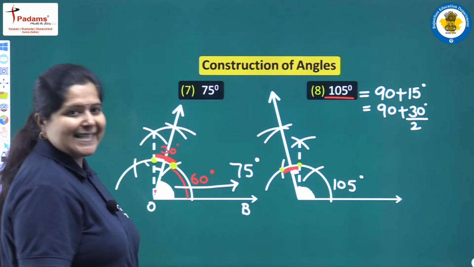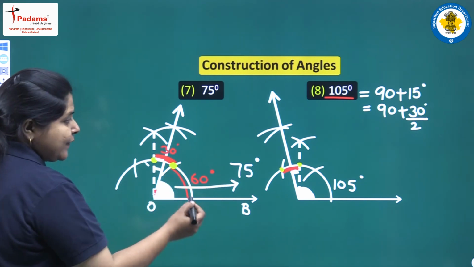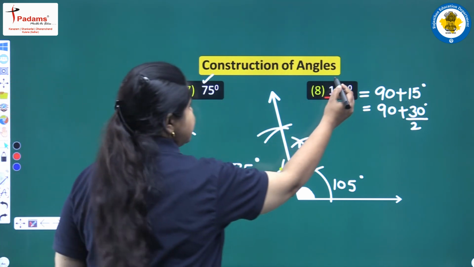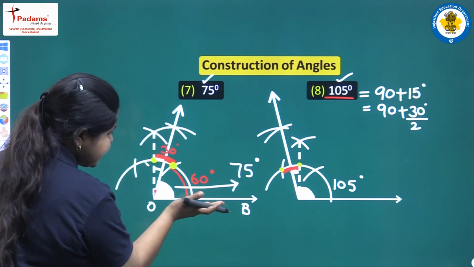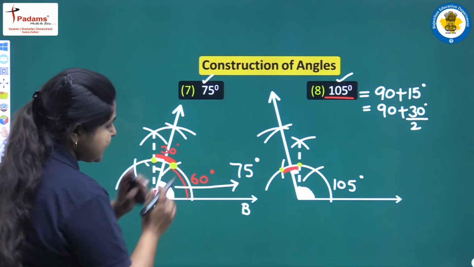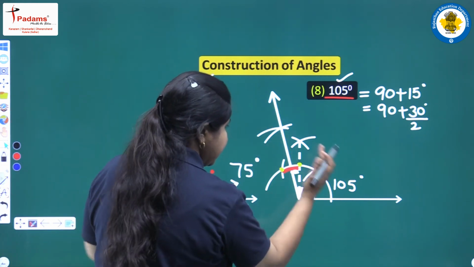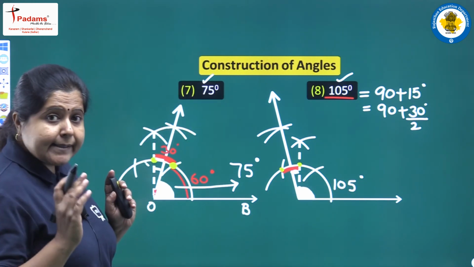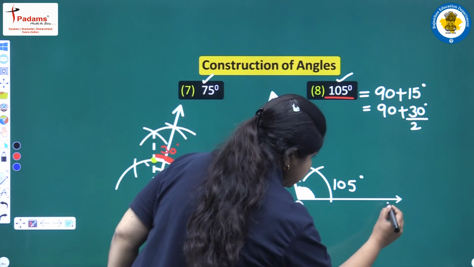105 degree. Is it clear to you? And yes, always pay attention at these 2 figures, because children get confused while constructing 75 degree and 105. The 75 degree angle is always tilted towards this bottom ray of the angle. You can see this 75 is towards this OB, whereas this 105 degree ray is away from the bottom ray of the angle.